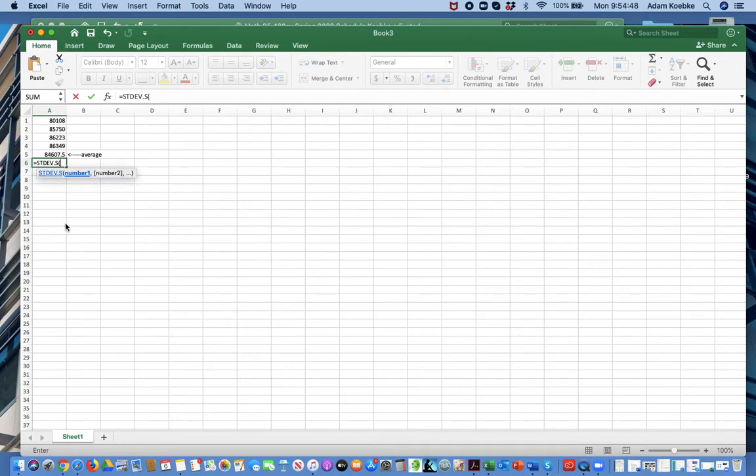So we take the sample standard deviation, and again it asks me for which cells I want to put in here. So I'm just going to click and drag these 4 cells right here and press equals, and that value right there is the standard deviation